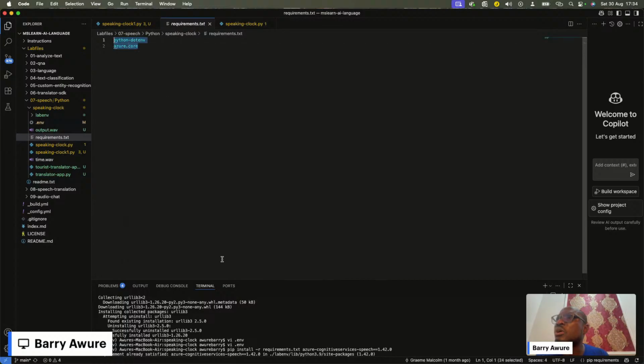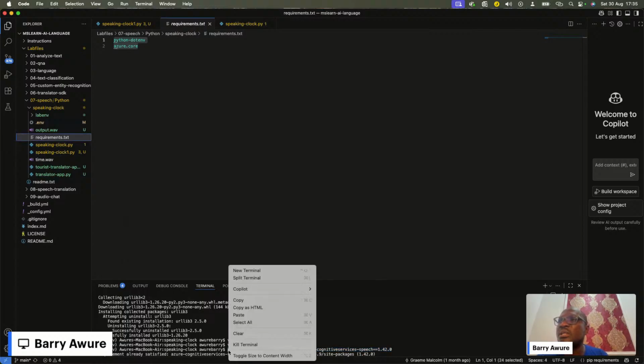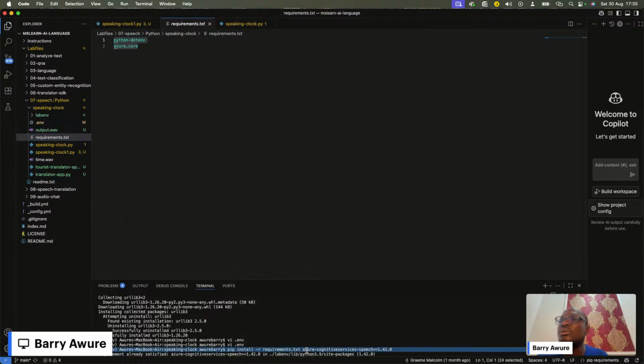I'm trying to install all these along with the Azure cognitive service, and just issuing this command helps me install all that is up there along with this speech recognition module from Python itself.